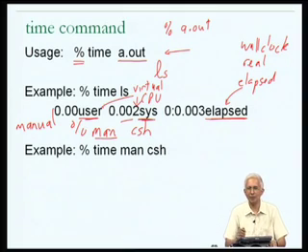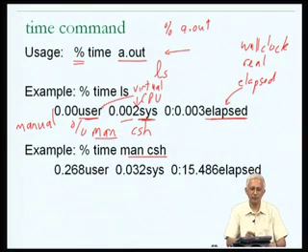And this is a very long manual entry, and typically when you type man csh, you do it with the purpose of reading some section of the manual entry, and therefore you suspect that if somebody did a man csh, they would spend some time reading the page as it is on the screen. How will that reflect itself in the output from the time command? If you look at the output from the time command, and once again I'm not showing the output from the man csh because that would be a 30 or 40 page document,